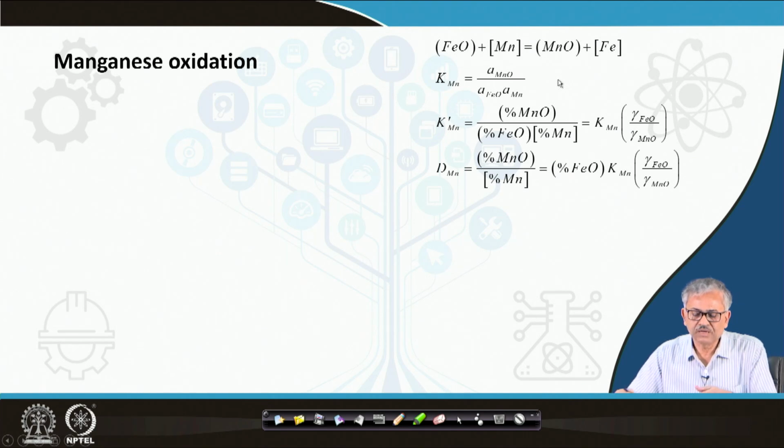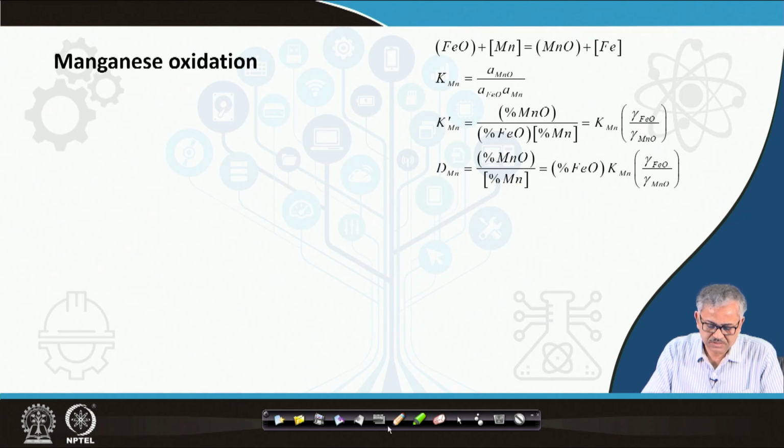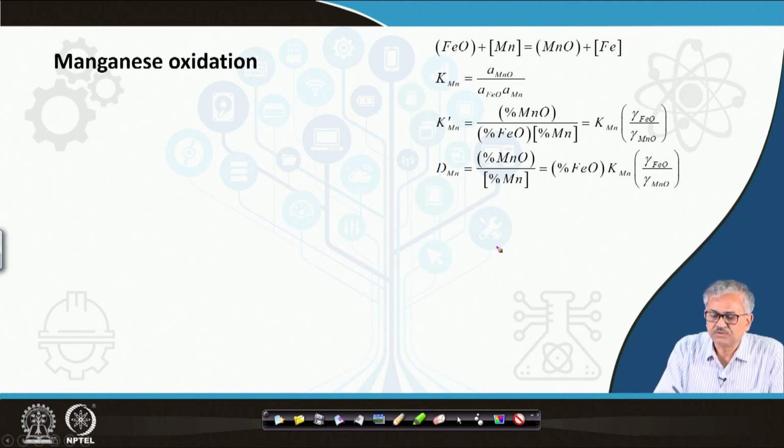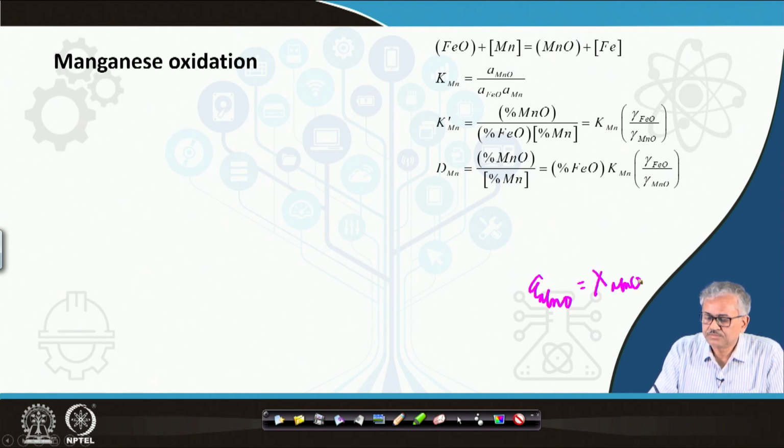So, from there you can come to this relationship, you can simply write X MnO into gamma of MnO,